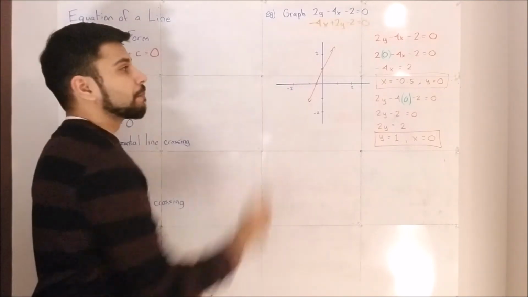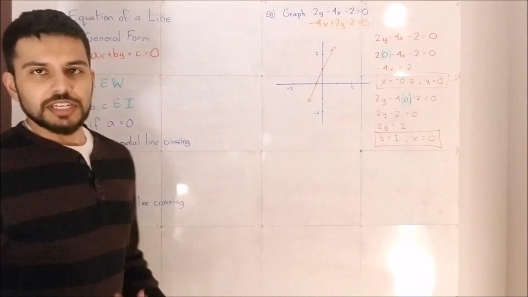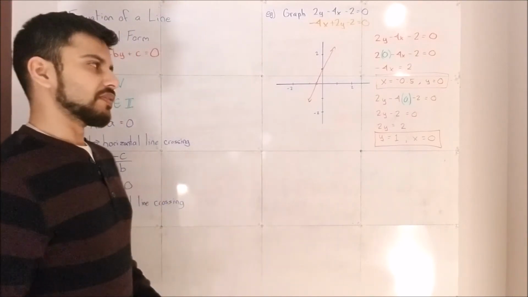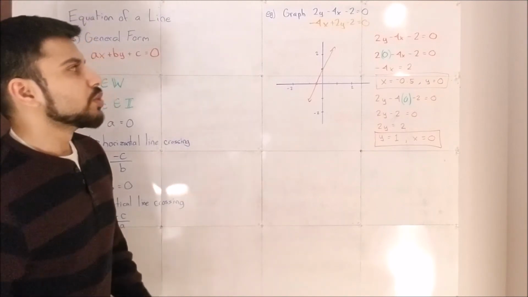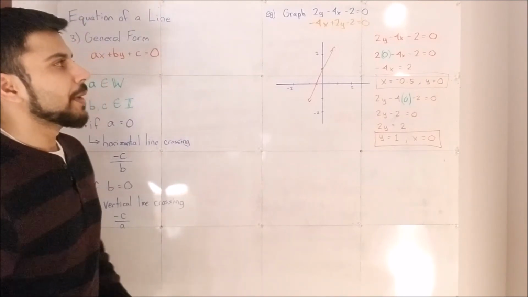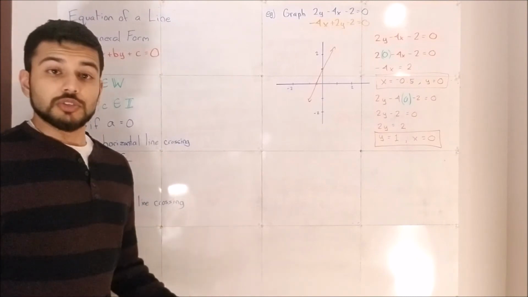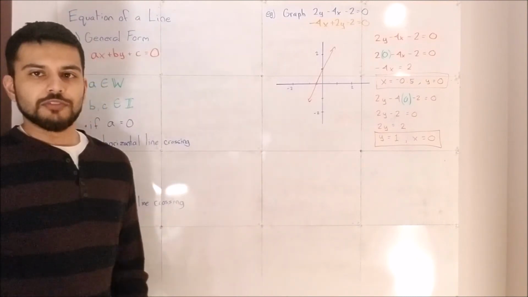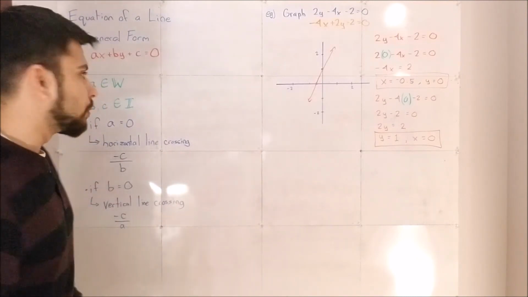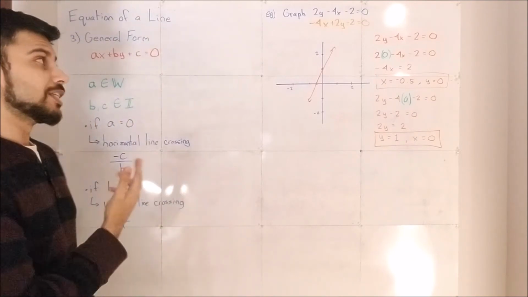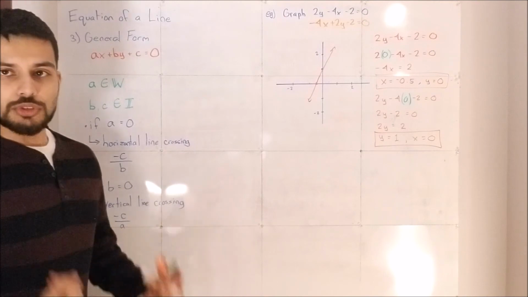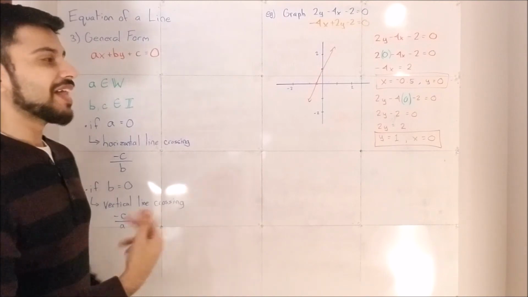So right up over here, doesn't really look like it changed much. I just swapped the position of the x and its coefficient, the y and its coefficient. So negative 4x plus 2y minus 2 is equal to 0. Looks great. The equation still works with a graph. It's not technically general form though, because my a value is not a whole number. It's an integer. So what I have to do to make it work is I have to flip that entire